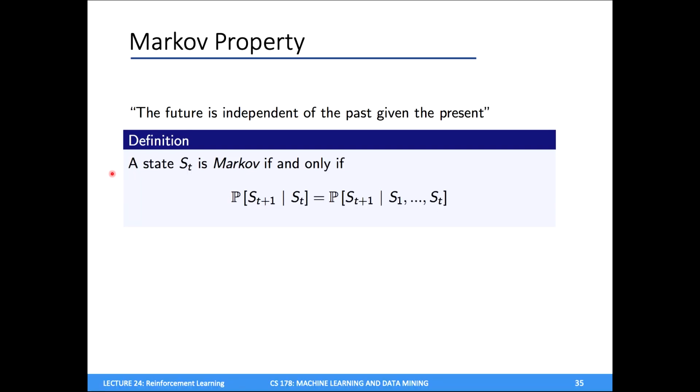So a little bit more formally, a state S sub t is a Markov state if the probability of ending up in a new state after one more time step, given the current state, is exactly the same as the distribution over future states conditioned on the entire history of the states. So in other words, the distribution of what the future is going to look like in the next time step, I can determine that based on just the current state. I don't need to look at the full history of what happened. Again, we'll see examples of this.